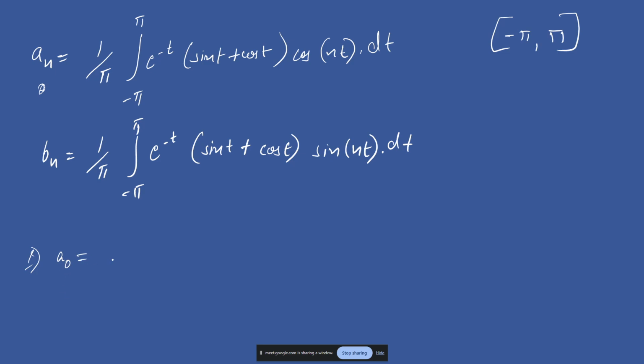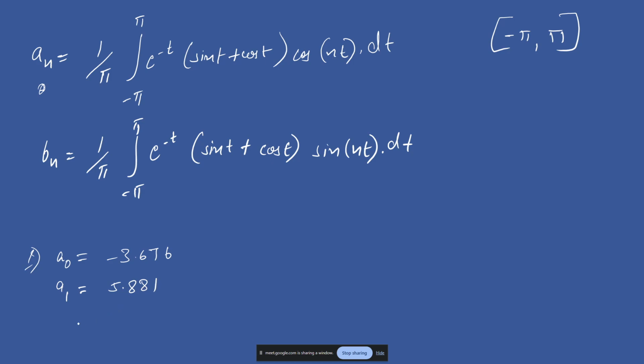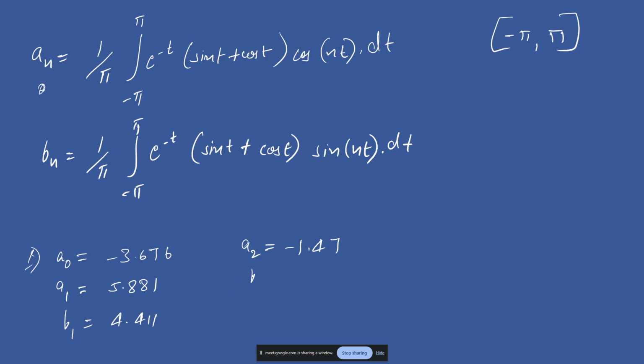So a naught value is minus 3.676, a1 value is 5.881, b1 value is 4.411, a2 value is minus 1.47, b2 value is minus 4.411,